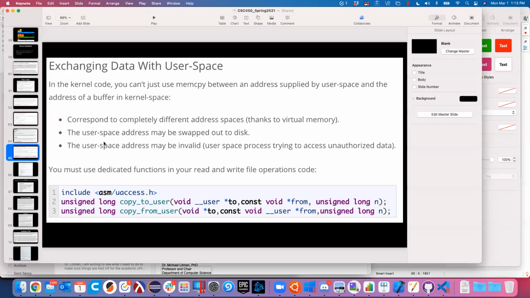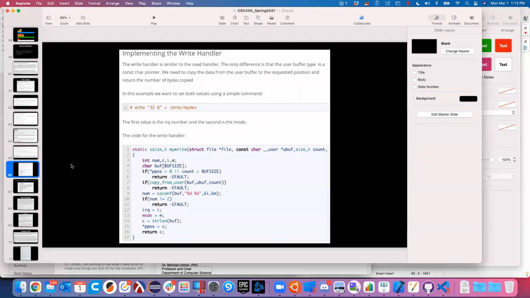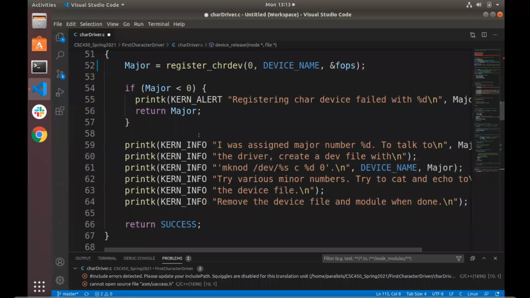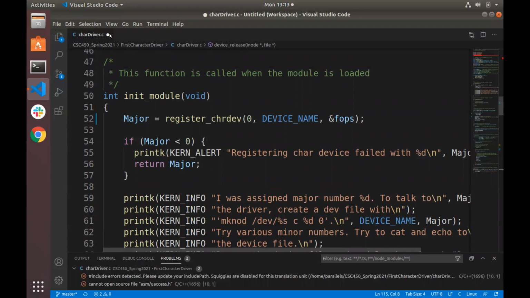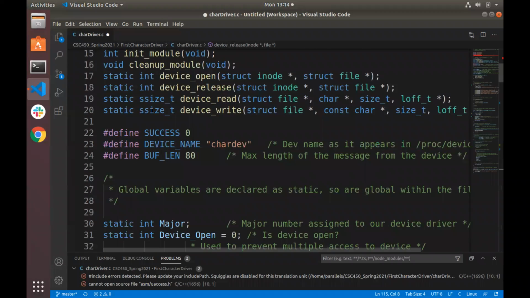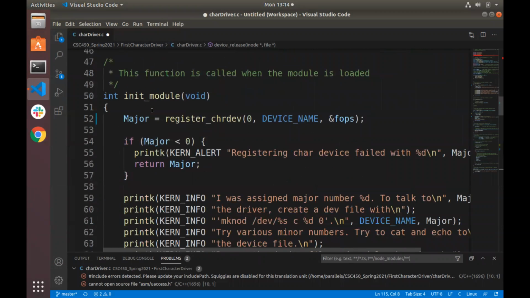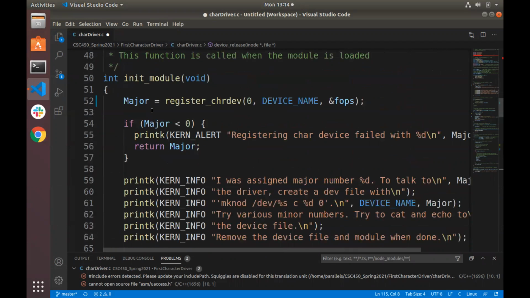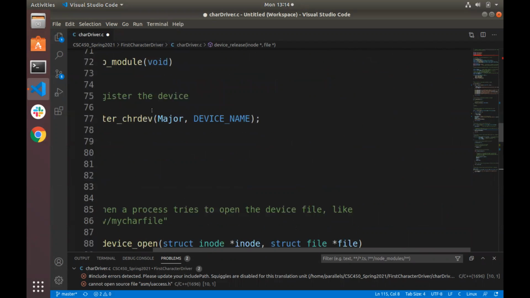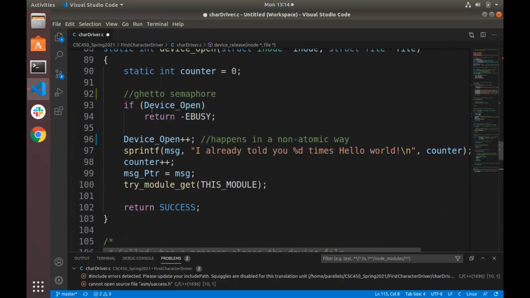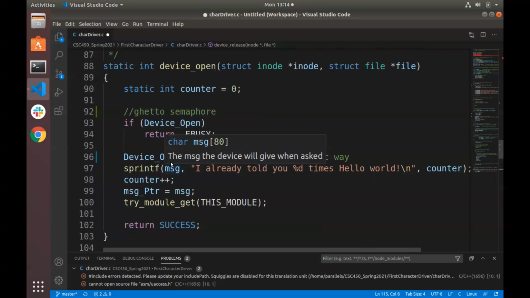So we looked at uaccess.h, where we're actually using the one from Linux instead of the asm one, which is for the assembler. We are looking at these system calls for copying to the user and from the user. This allows us to translate between kernel space and user space. And then last class we looked at the read function initially. Well, we kind of walked through this. There's our init module. We talked about device opening, and this was kind of our